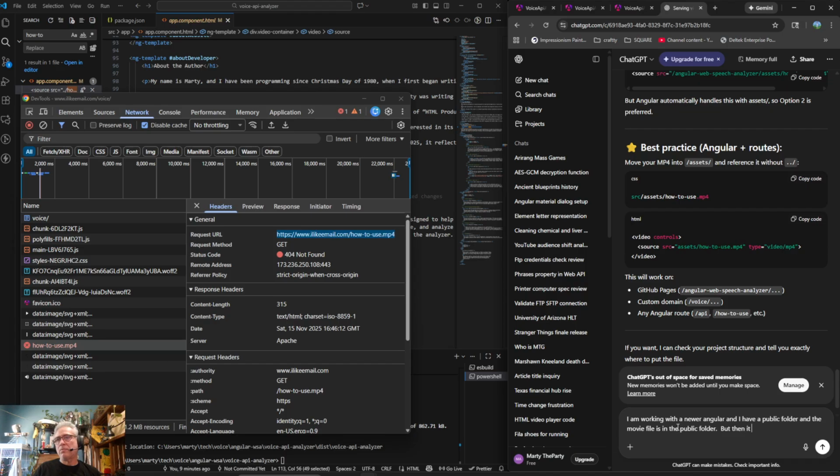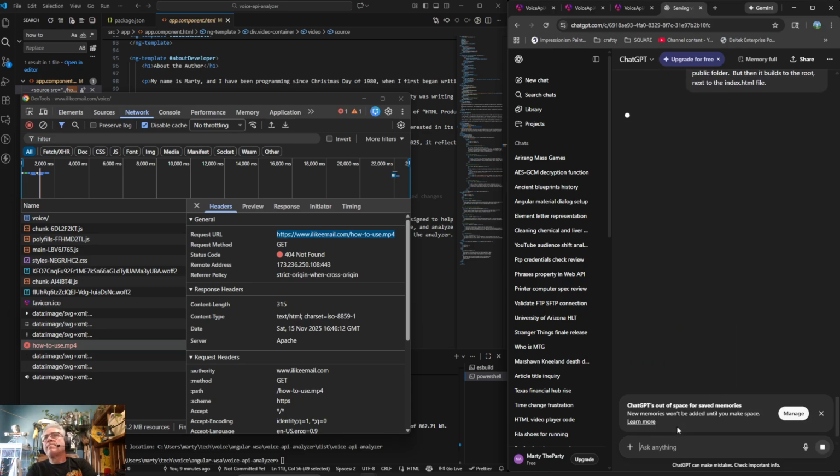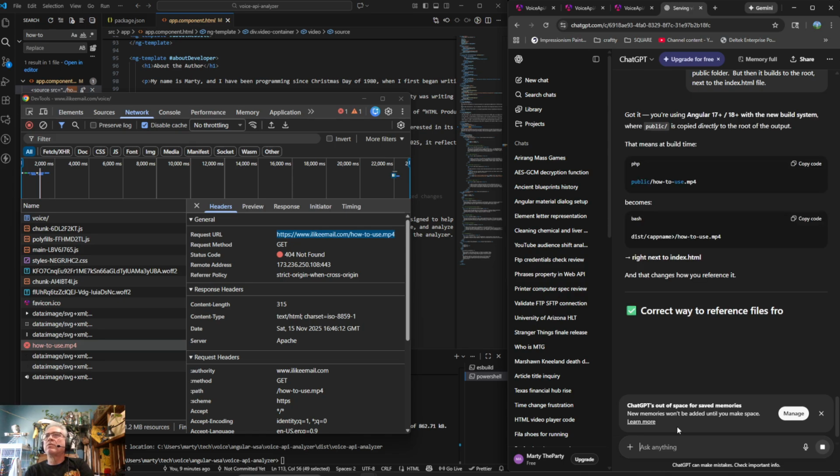But then it builds to the root, next to the index.html file. New build system directly in the root of the output. And that changes the correct way to reference the files.